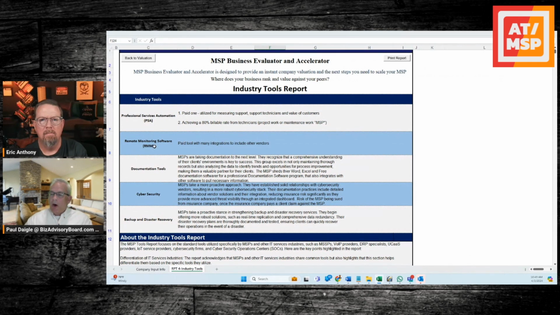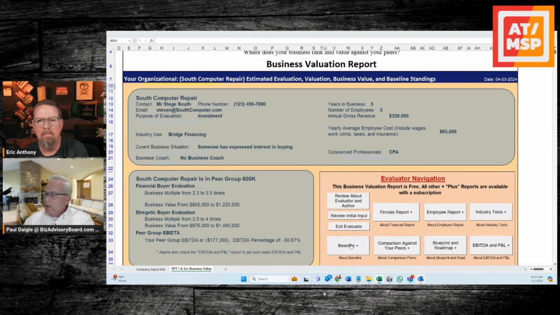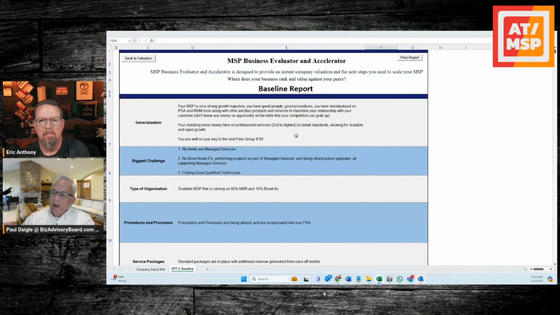The PSA, RMM, documentation tools, cybersecurity, backup, disaster recovery. And it kind of shows where you are and what you're trying to do. There's another report that I want to get to. Here's a baseline report, and this will give you a generalization on where you are, your biggest challenges, the type of organization you are,